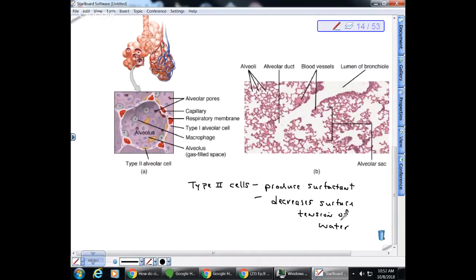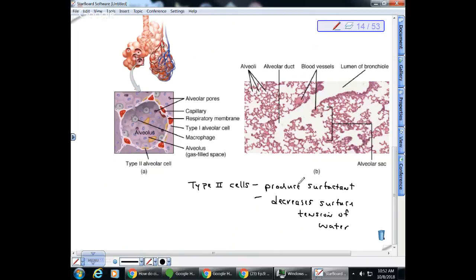So without the surfactant, the water tension between molecules, the hydrogen bonding, would actually cause the alveoli to collapse. And so the reason why we know this is so important is that in premature babies, these type